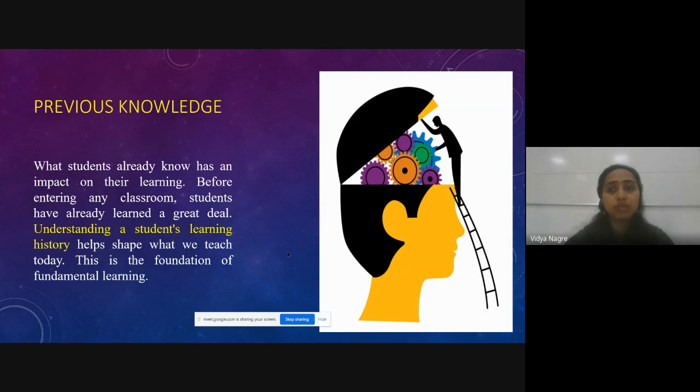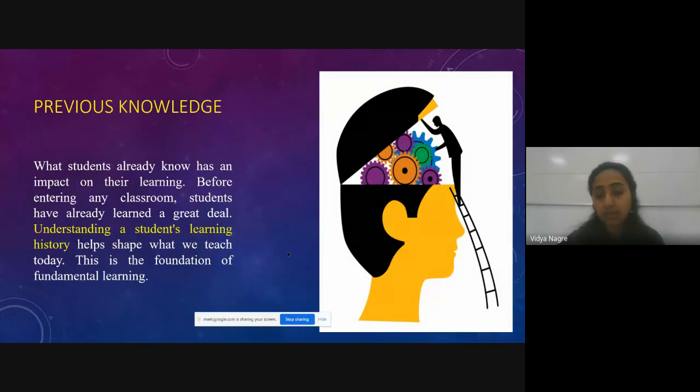At the same time, you may find out whether the children in that classroom are able to write two-letter or three-letter words, and then accordingly you can give practice. Their previous knowledge is the foundation for their learning,